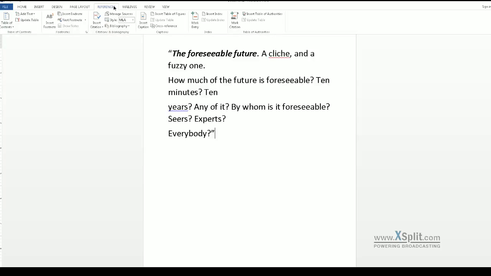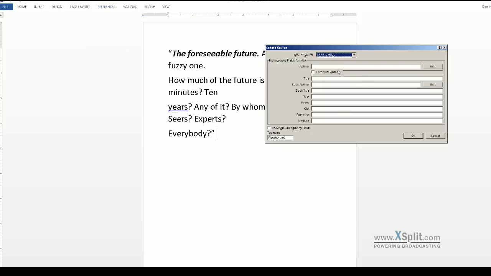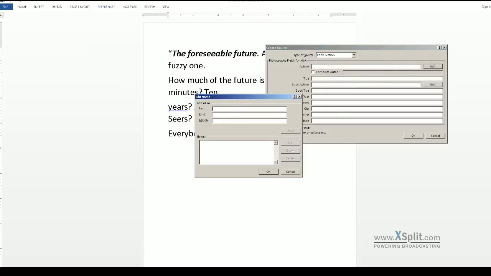But go to your ribbon, which is this little thing at the top of the page that has File, Home, Insert, Design, Page Layout, References, Mailings, Review, and View. So we're going to click on References, and we're going to hit this button here, which says Insert Citation. So, add a new source. This is from a book section, and we're going to add in the authors,